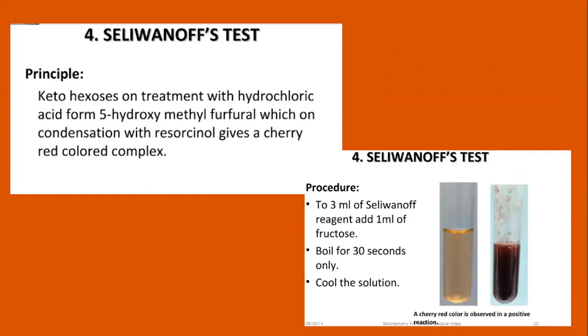Here it gives a positive result when there are hexoses. Fructose contains a keto group, whereas glucose contains an aldehyde group. Now ketohexoses, keto means ketone, like fructose. It is specifically for ketones. There are ketohexoses and aldohexoses. Okay. Seliwanoff's test is for ketohexoses like fructose. So fructose